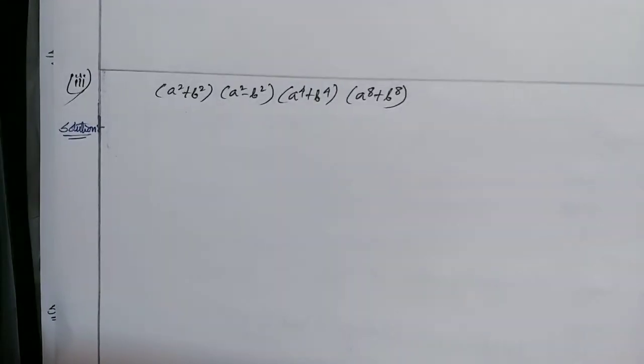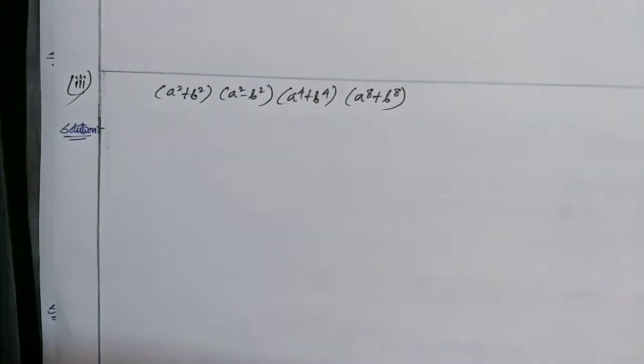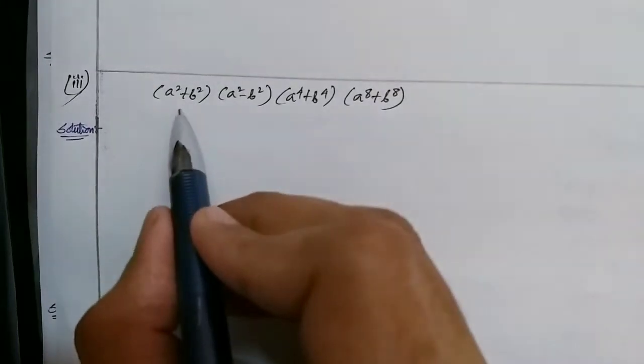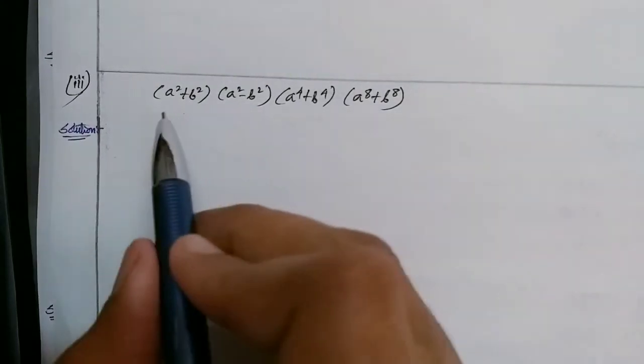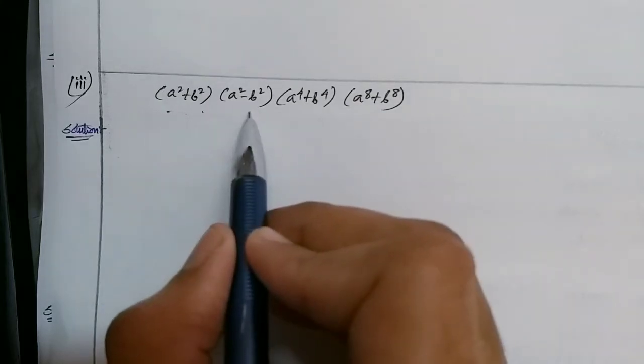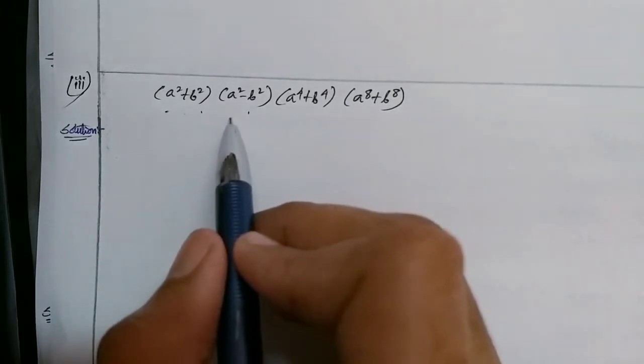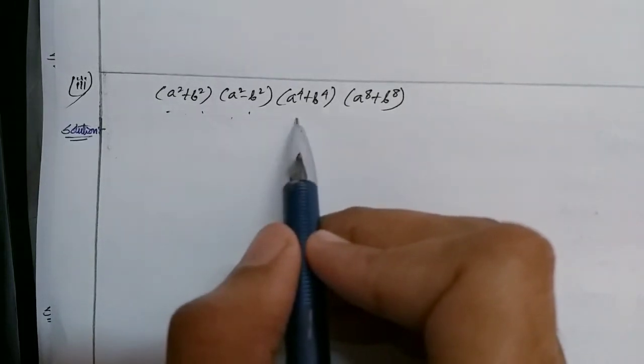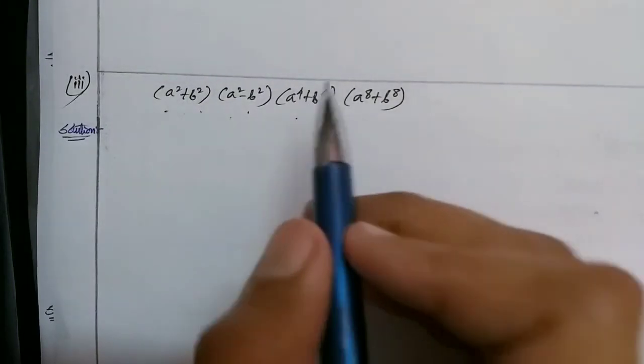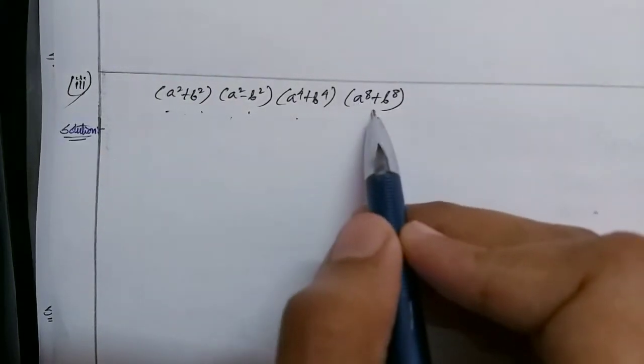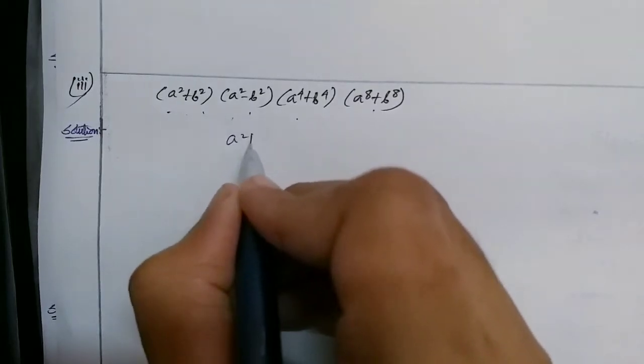Now let us look at the same question, question number 4 part 3. Again you have to find out the continued product. First you have to multiply these two, then the product that you get, you have to multiply it with a to the power 4 plus b to the power 4. Again something that you will get, you have to multiply it with a to the power 8 plus b to the power 8. So the question is this: